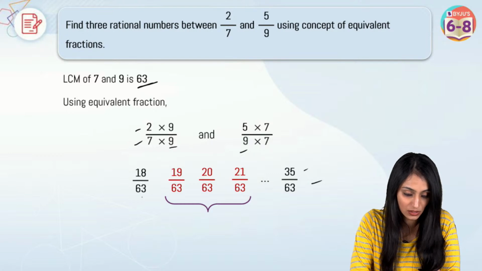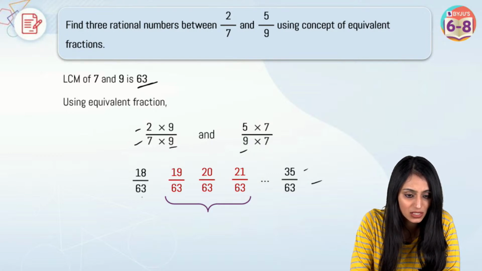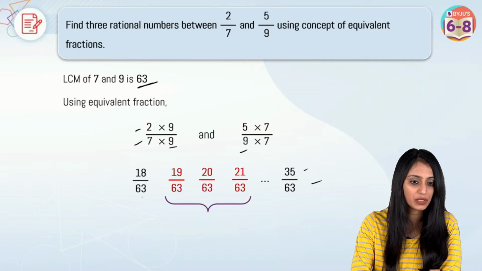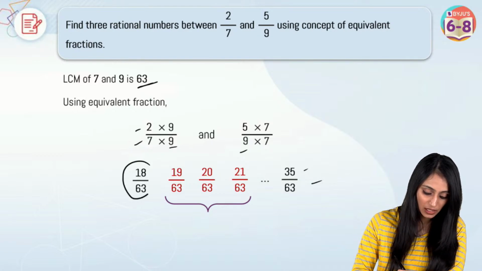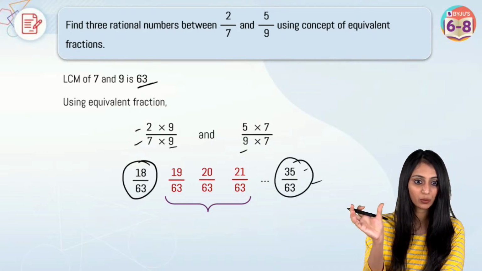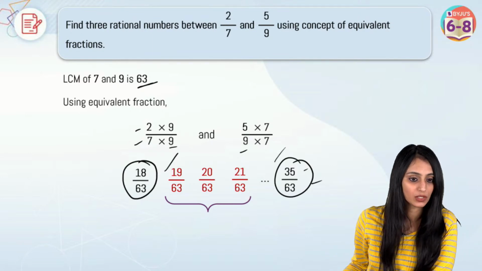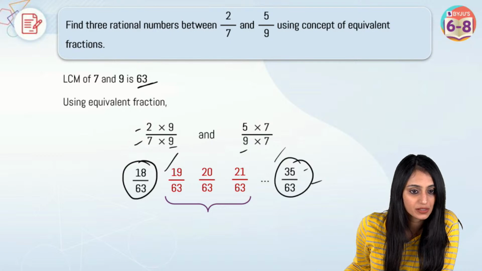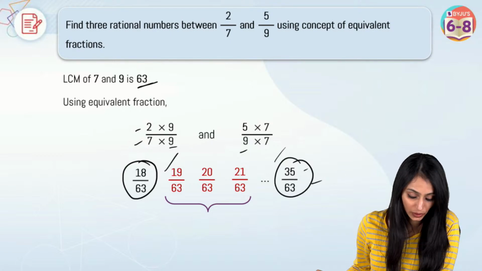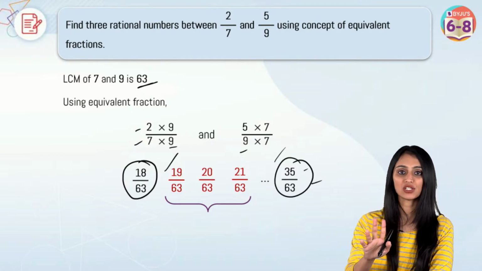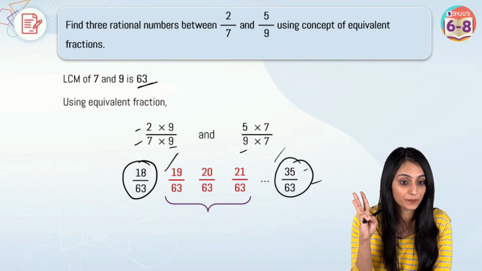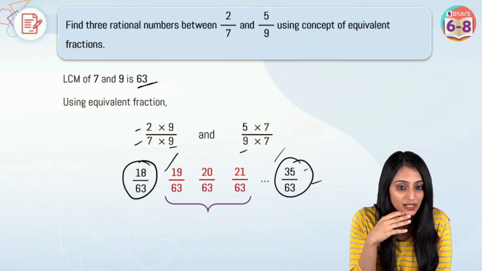Shivansh says 15 by 63, 16 by 63, 17, 18. How come, Shivansh, you're getting 15, 16 and 17? That is not possible because these two numbers are themselves 18 and 35. I'm talking about numerators. So obviously the numbers that lie between them start from 19 and end at 34. Papiya, yes, yours is correct, right? That's okay, Abu. Madhuri, 20 by 63, yes, one rational number could be that, but we need to answer 3, right?